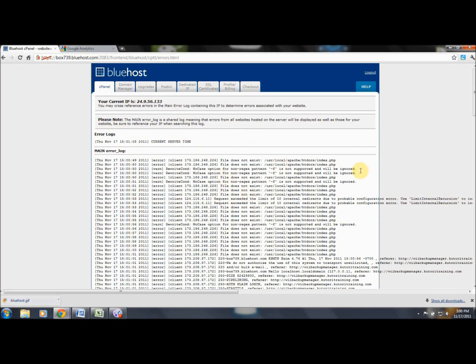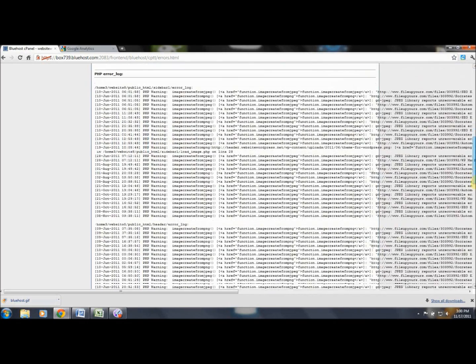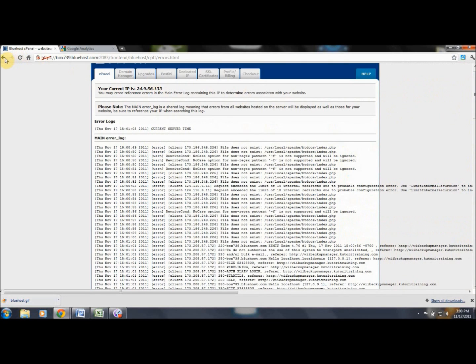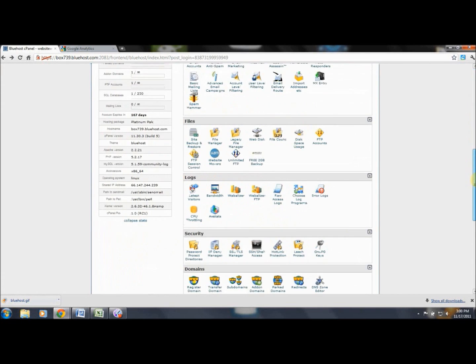So there's a better way to look than this. This is a hot mess right there, but we just wanted to show you that anyway. There's a better way to definitely track that. So when we go back down,